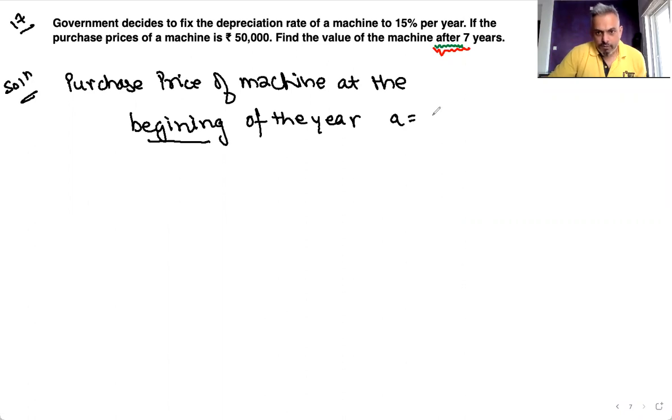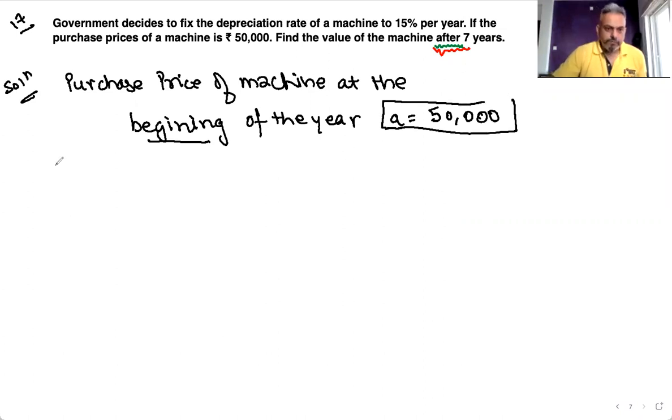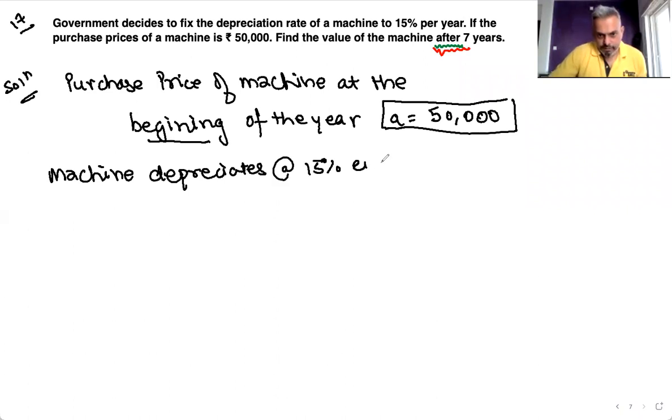A is equal to 50,000. Machine depreciates at the rate 15% every year. Therefore, R is equal to, अगर 100 था तो अब वो हो गया 85, which is equal to